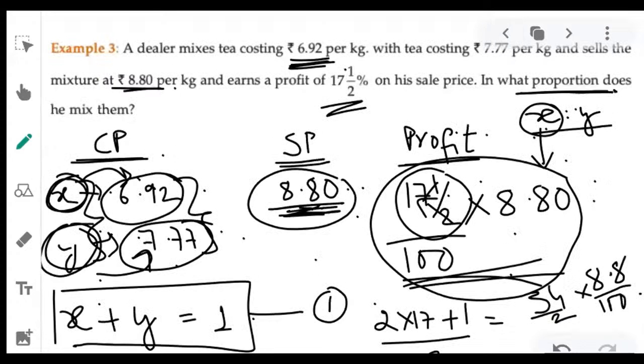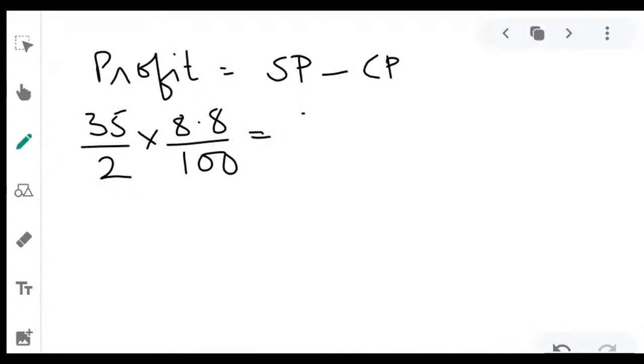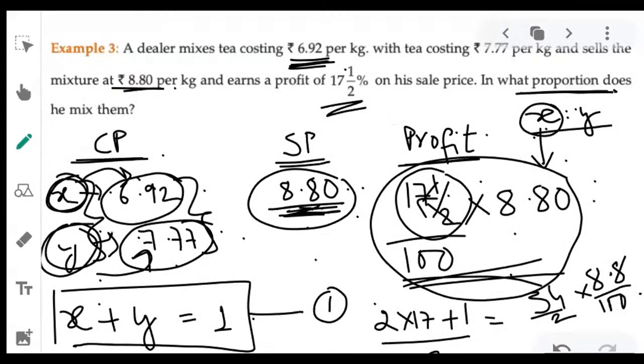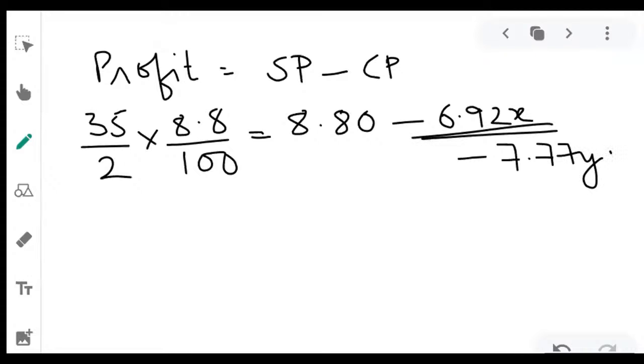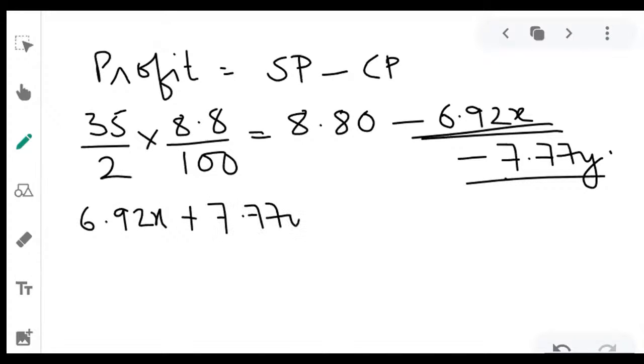Profit is equal to selling price 8.80 minus cost price 6.92x minus 7.77y. So these both are negative, so I'll bring them to this side. So 6.92x plus 7.77y is equal to